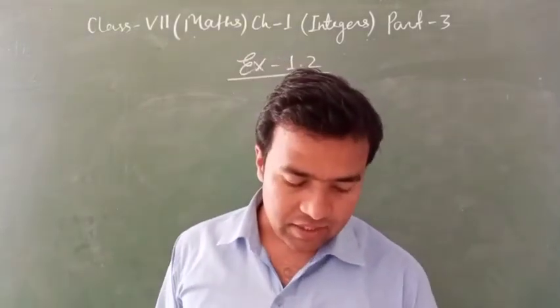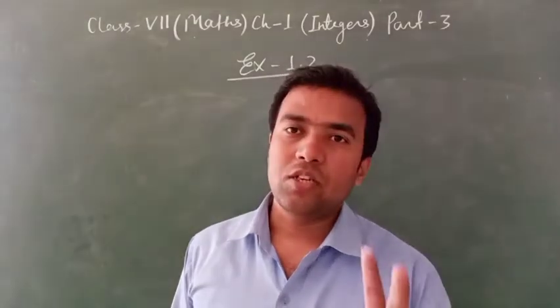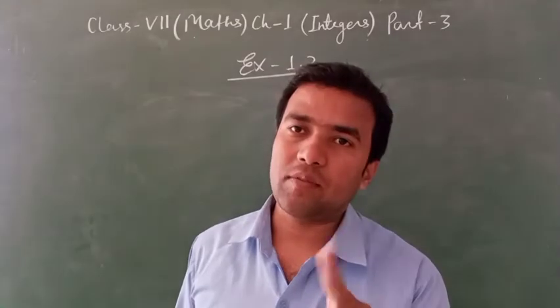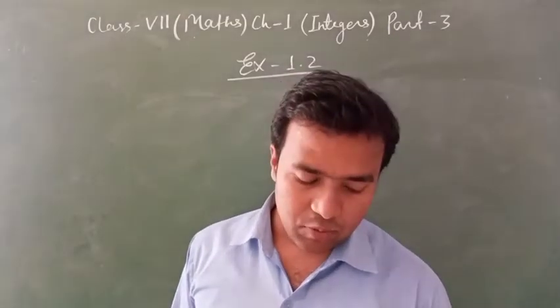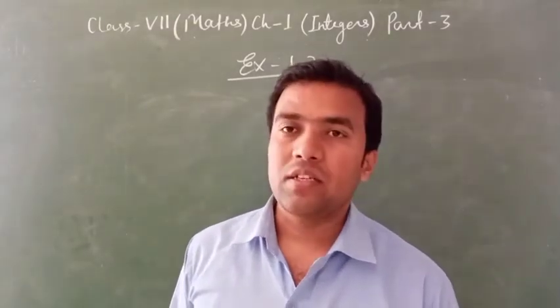In the second B, write a negative integer and a positive integer whose sum is minus 5. It means you take two integers, one negative and the second positive, and after that you find the sum. Clear? Write a negative integer and a positive integer whose difference is minus 3. It is like question number second A.